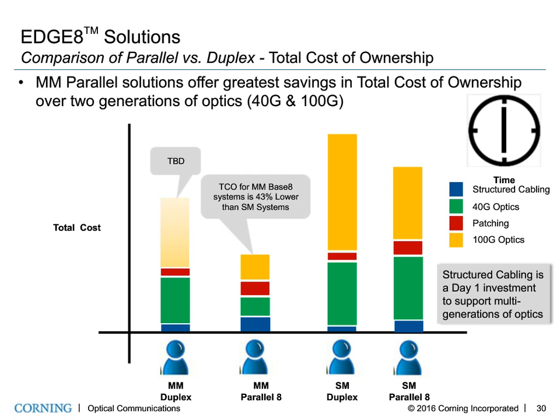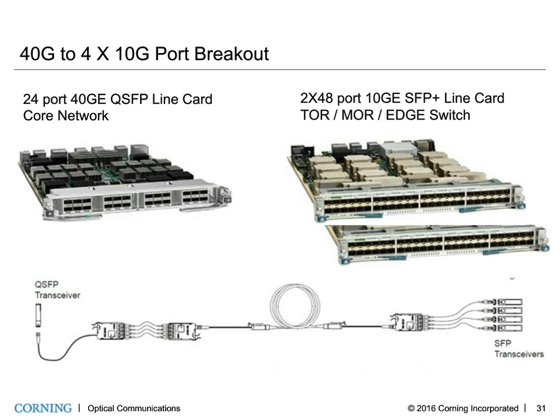So the next thing we really try to understand is that parallel seems to be pretty compelling, but we keep talking to people who say, I'm deploying parallel transceivers, but I'm breaking them out into 10 gig networks. So we're like, well, why would you do that? And it really turned out, again, if you follow the dollar signs and the math,